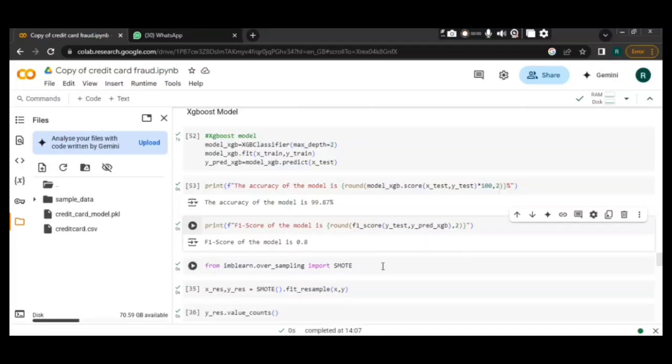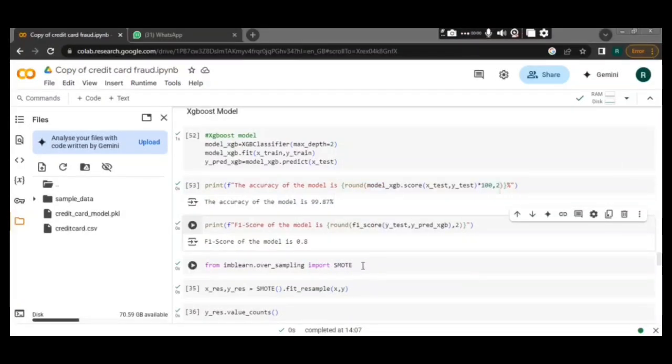So we will be using SMOTE. I have no idea, I've just learned about it. Not even learned, I'm just using it, but I don't know the use cases of it. So we'll be importing SMOTE. And I forgot to tell you that